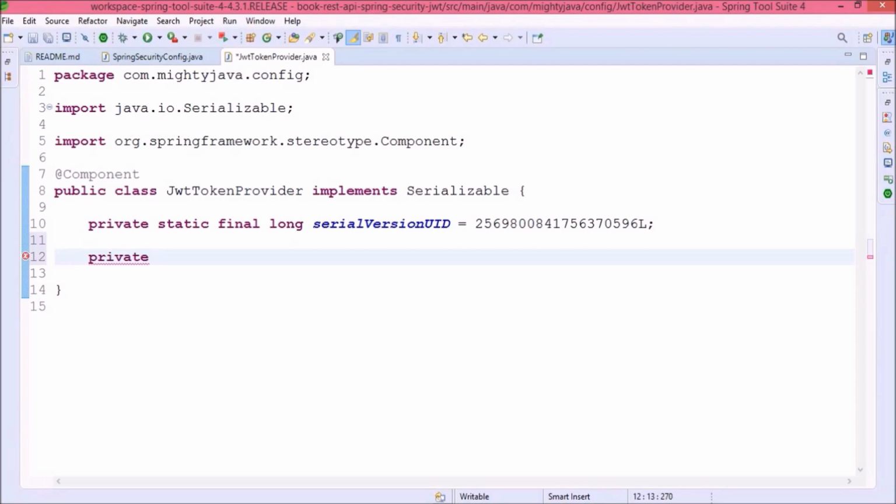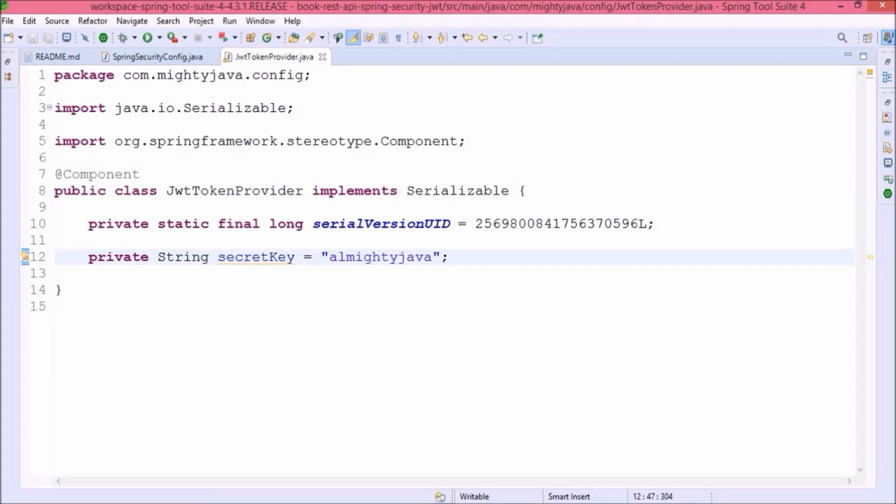Now let's create a variable for the secret key. You can use any value. I am just using the value Almighty Java. That's the channel name. So now the question is, why do we need a secret key? What is the use? The secret key is a string that is used in the signature algorithm that generates the cryptographic signature for the token. The idea is that this key must be known only to the application, because anyone who has the secret key might be able to generate a new token with a valid signature. I hope you got the idea behind the secret key.